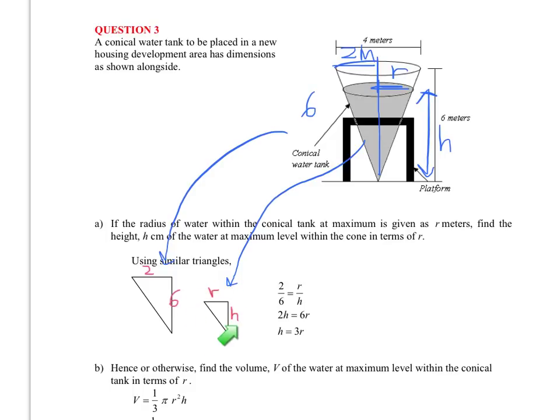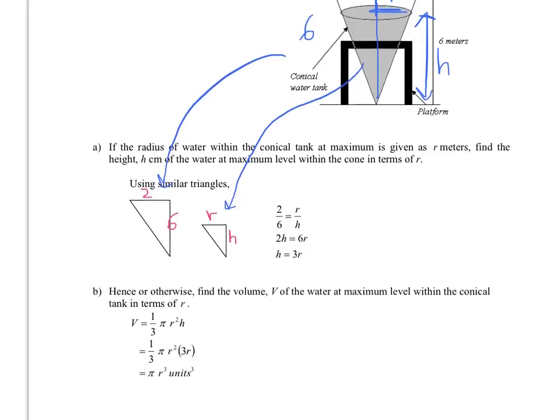So that's why we have this smaller right angle triangle, and similar triangles say that the ratios of corresponding sides are the same. So you can take 2 divided by 6, which will be equivalent to r divided by h, because they are really similar, although one is slightly larger than the other. So you have this. So we get the relationship h equals 3r, and that's what we were supposed to show. So in part B,